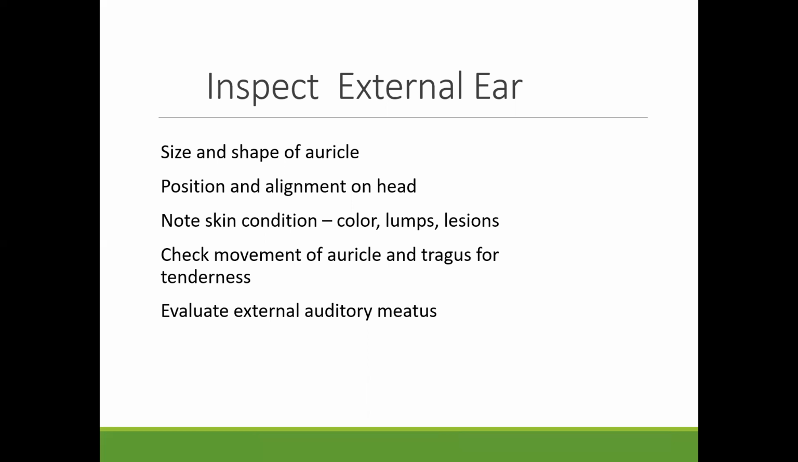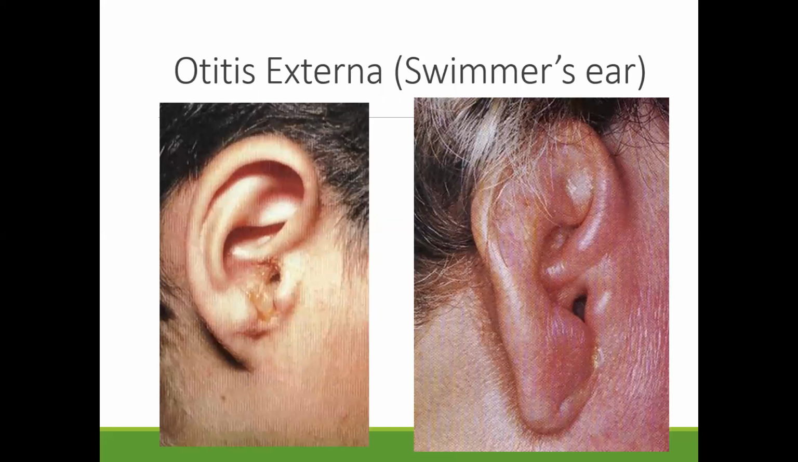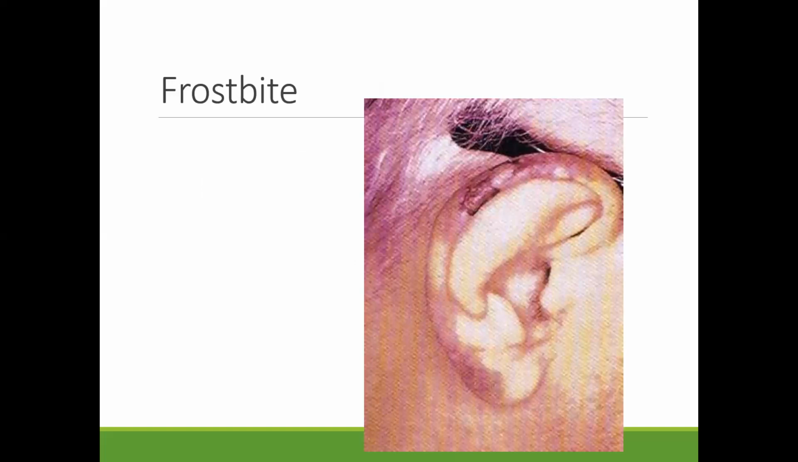So the ear, position, alignment, note any lumps, bumps, bruises. If you have someone on oxygen, make sure you're checking the skin behind the ear because that tubing can really break down that skin. Evaluate for any tenderness, any drainage. This is otitis externa, which is swimmer's ear. So this is infection or inflammation of the outside ear, the external part of the ear. Frostbite,